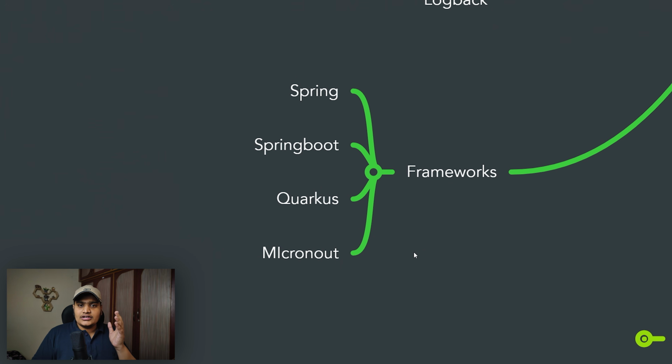So once you learn all the core concepts of Java, like core Java concepts, advanced Java concepts, and all the different tools available, learn the framework. Directly learning the framework without learning the core Java concepts is no use, because you won't understand how that framework works, how dependency injection works, and how inversion of control works. So all these concepts you should learn first, and then you can learn these frameworks. That will make it very easy for you to grasp all the concepts within them.